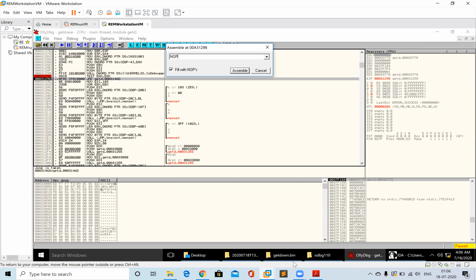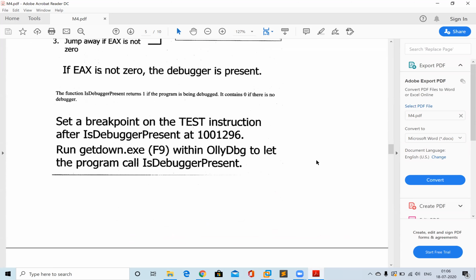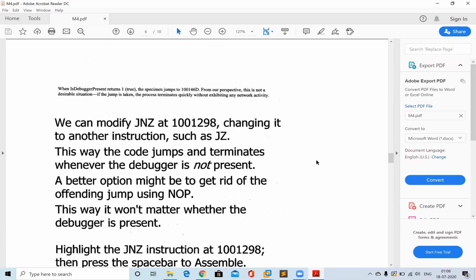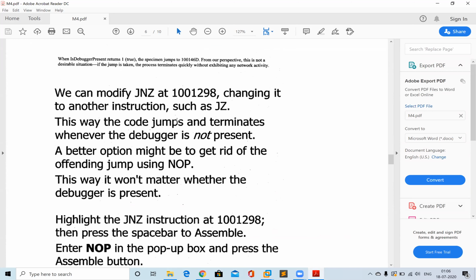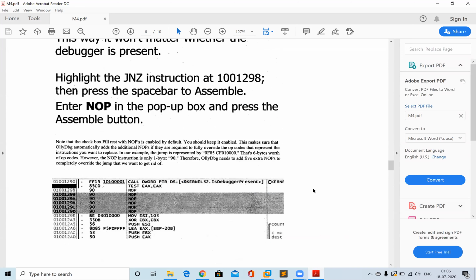Let's go to a PDF before changing that. As I told, we can modify the jump not zero to jump zero, but the better option is to use the nop instruction, so we will fill that with nop.